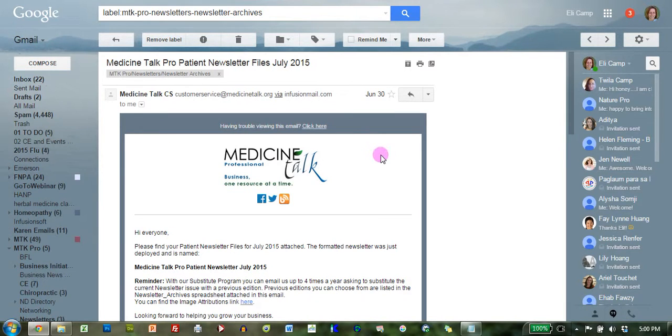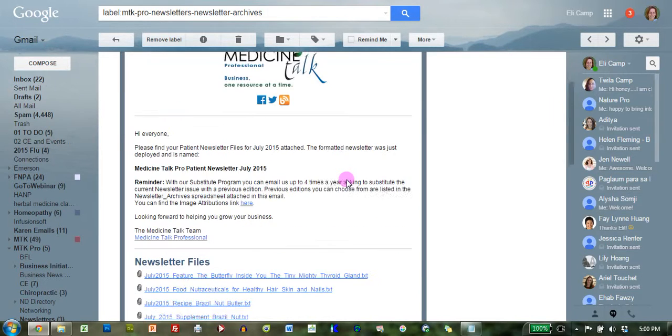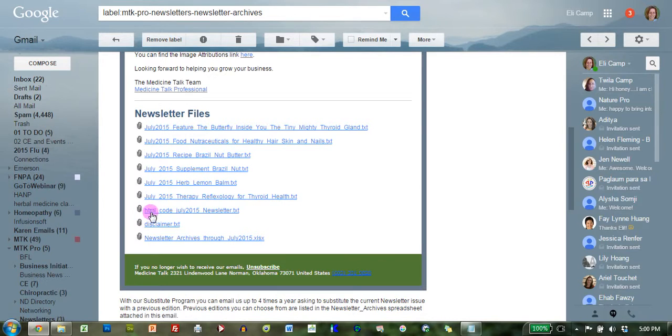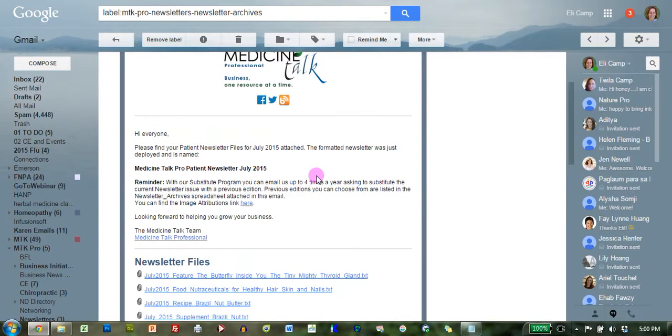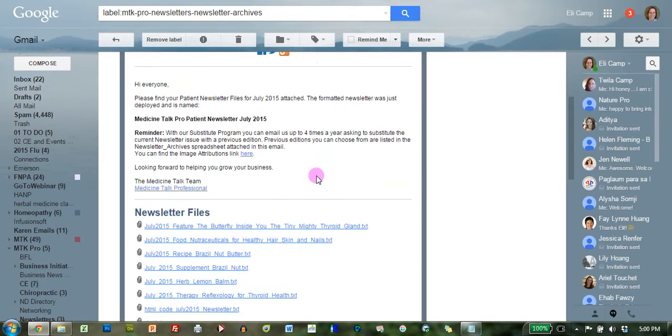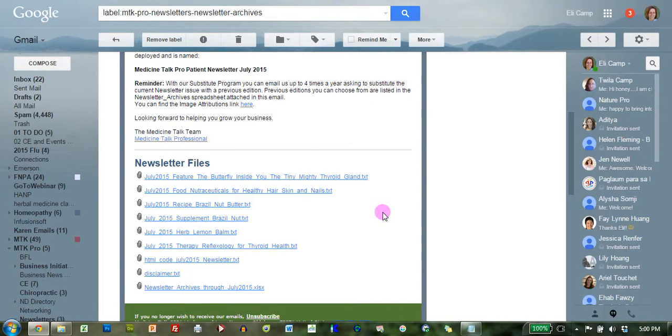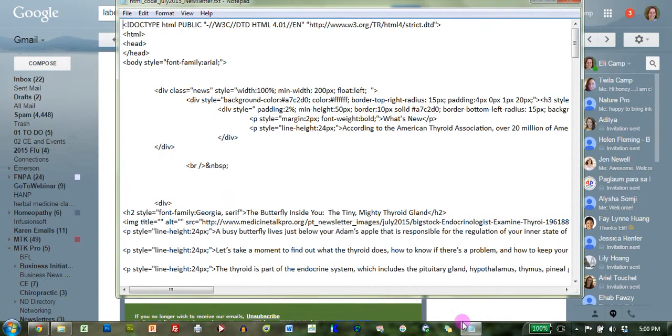For this quick and easy method, we're talking about actually grabbing a file that's on here called HTML code. Then I'll have the month and the year newsletter. It's a .txt file. It's always attached to the bottom of the email you get on the last day of every month. And if you're not seeing those in your email on the first of every month, go check your spam or your junk. So we want this right here. You just click on it. It'll save it to your computer. Then you open it up. Once you get that opened up,